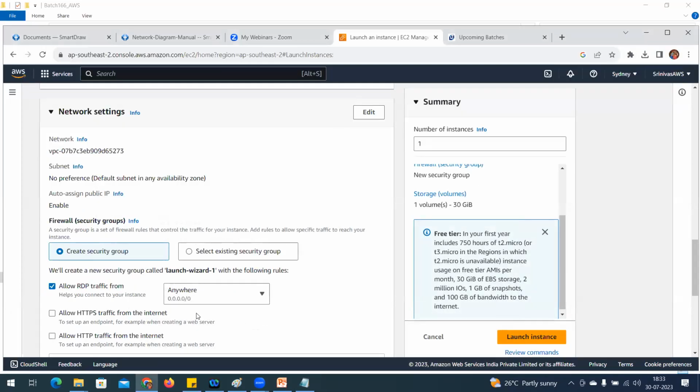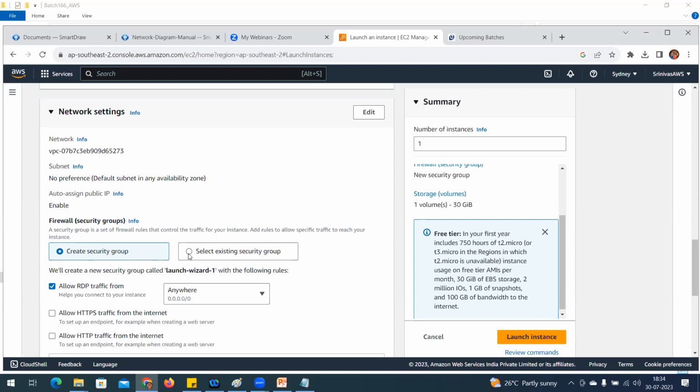So like that, it is going to use that security group. What is this security group? A security group is nothing but application ports. Okay, so that is a security group. It is going to create one by default. If I have an existing security group, that means if I'm planning to deploy a second instance onwards, I already have one security group, so I can use the existing security group.